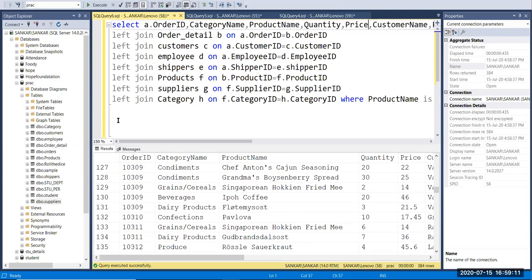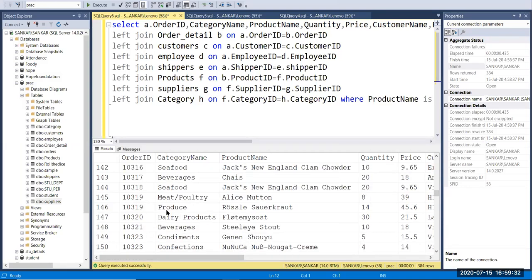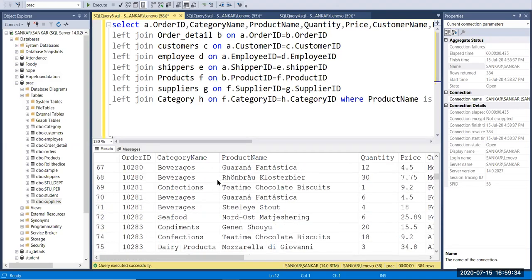Do you have any doubts in this, or do you want this query? I have already shared the database, and that database has the same data.